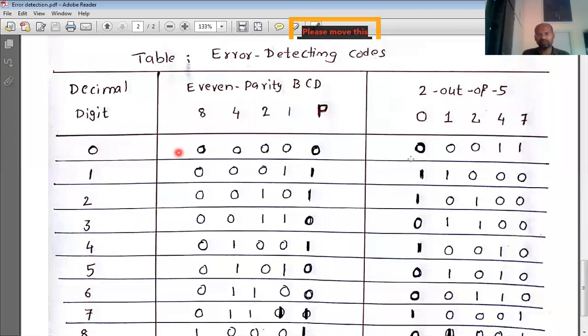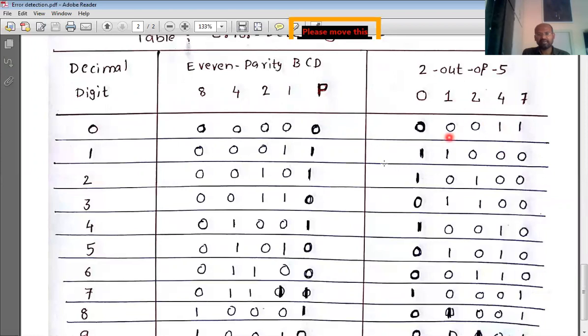For 0, I may write 00000 here, but it won't have 2 ones. There will not be 2 ones if I write like that. For 0, you consider 00011, and if you verify any 2 out of 5 code for a decimal digit, you will find there are 2 ones.